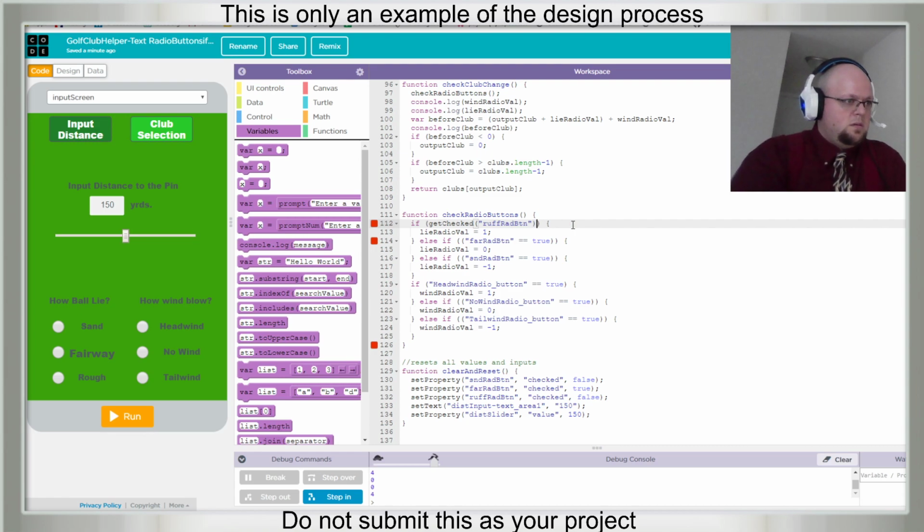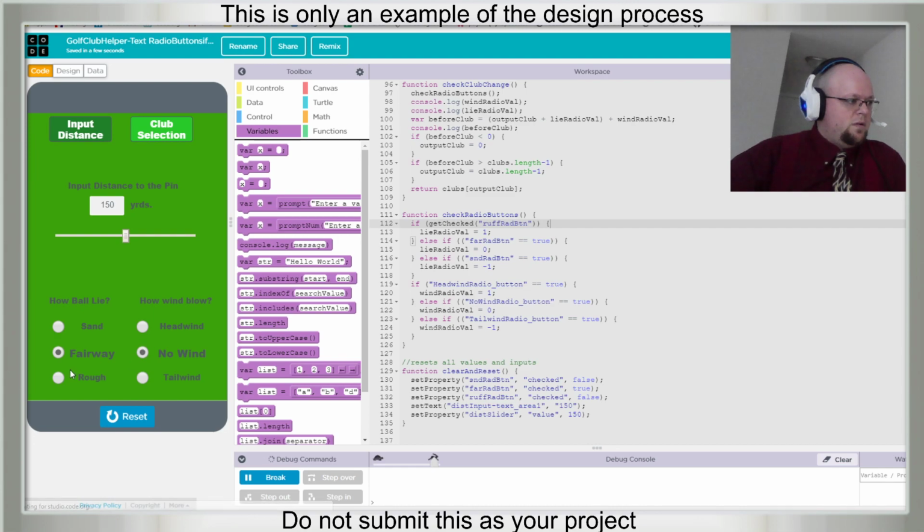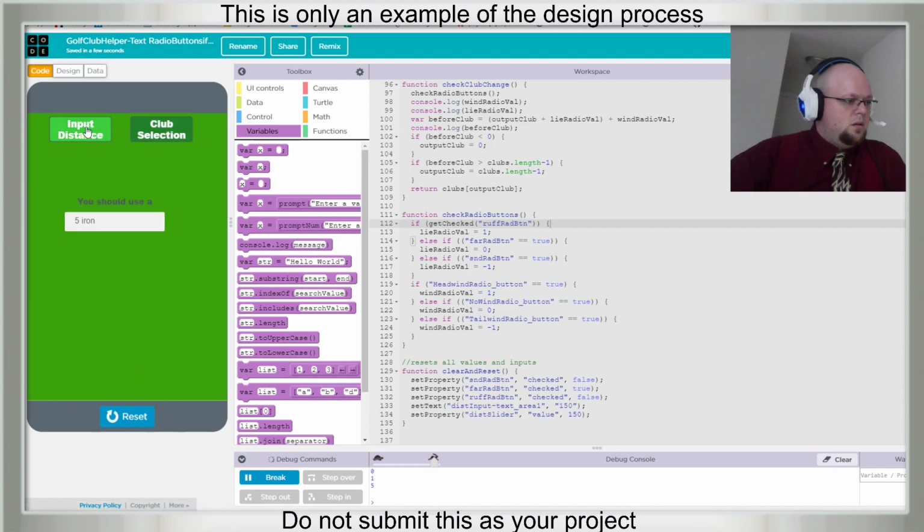Another parentheses. There we go. All right. So let's, if rough radio button. Yeah, there we go. Okay, so this is working.